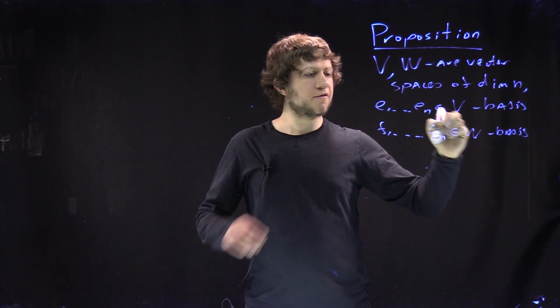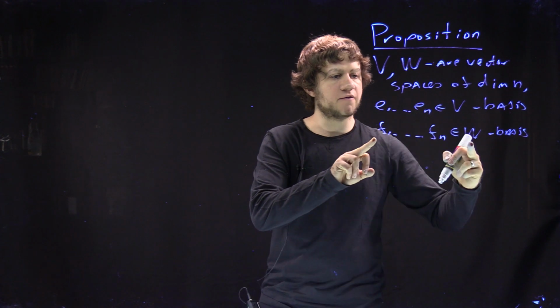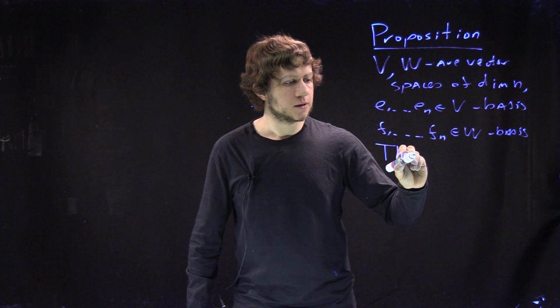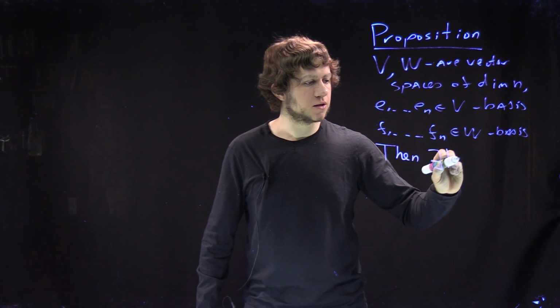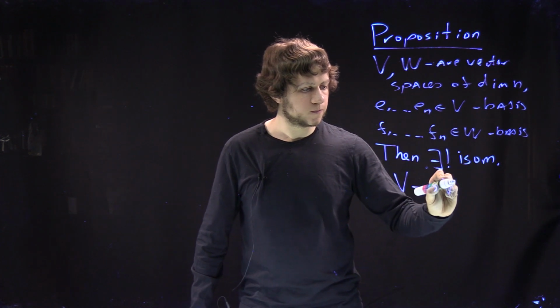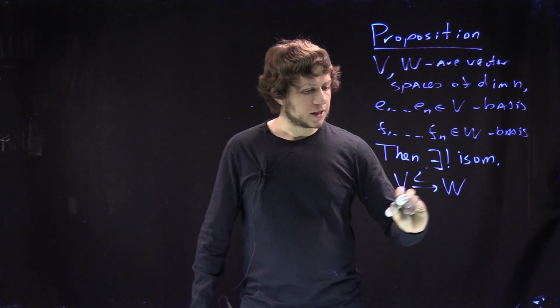So we have a basis of V and we have a basis of W. So then there exists a unique isomorphism from V to W, which I will denote by L, such that